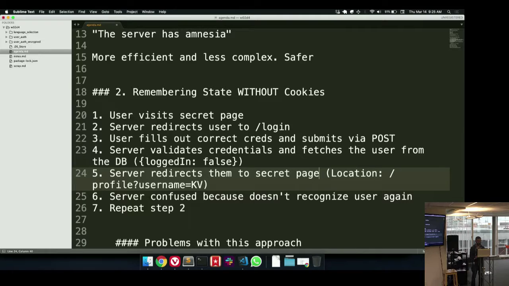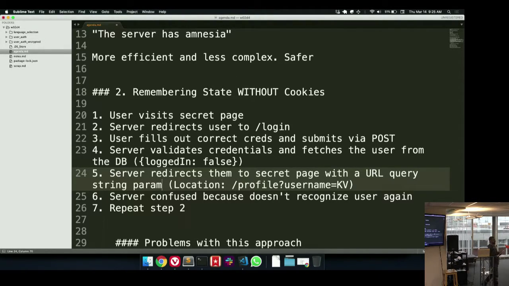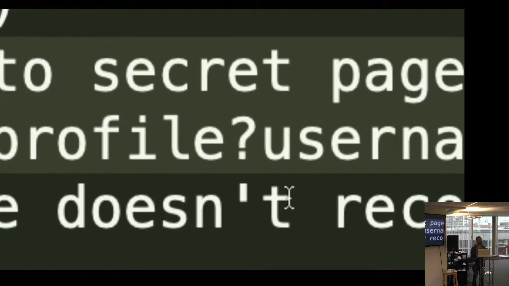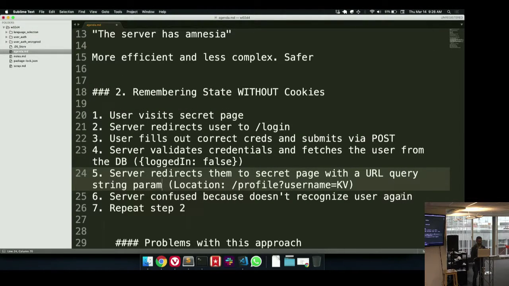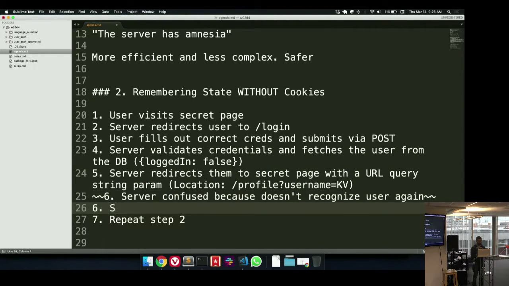So really what we're changing this to is secret page with a URL query string parameter, it's called. A query string parameter. It's in the path. Or you can call it a path parameter, I don't know. It's with the question mark, right? Does this look familiar when you're looking at URLs in your address bar? So now the server is no longer confused. That's a strike through, I believe. The server